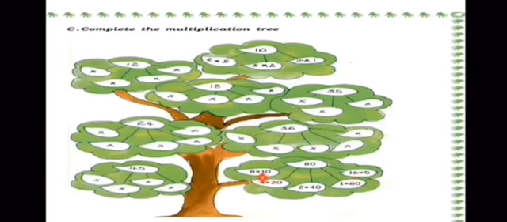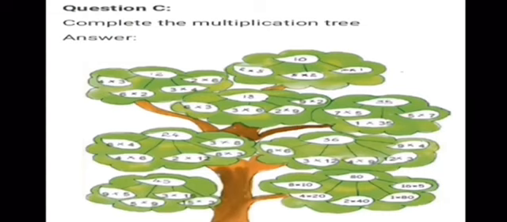We can do the multiplication with so many other numbers as well. So like for example 12, we can do it: 3 4s are 12 and 4 3s are 12, then 12 1s are 12, then 6 2s are 12. So let's check our answer. Yes, 4 3s are 12 and 3 4s are 12, then 6 2s are 12 and 2 6s are 12.